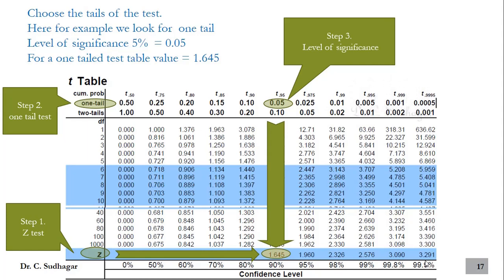In the normal table, if you look at it, the maximum value coming here is 3.3. That is the maximum value in the Z table. If the value is coming more than 3.3, then simply we will reject the null hypothesis. In that case, we don't need to check where the level of significance is, because for all the levels of significance the value is 3.3. So the maximum value is 3.3 for us.